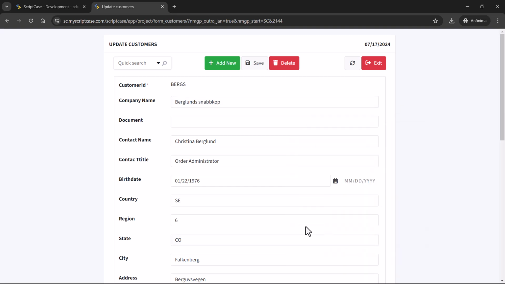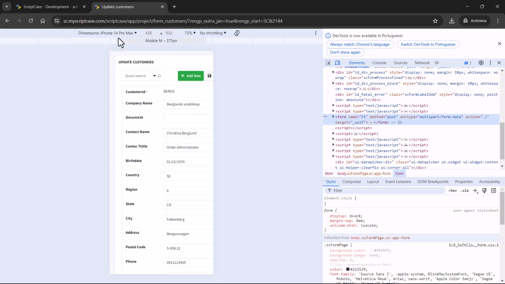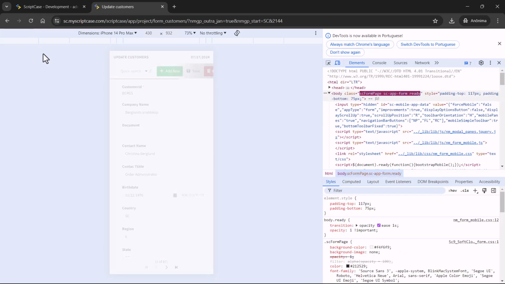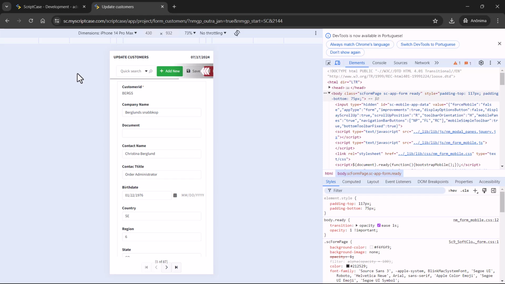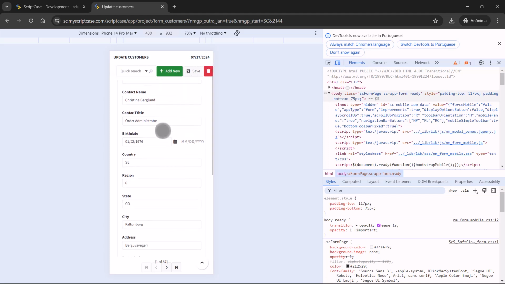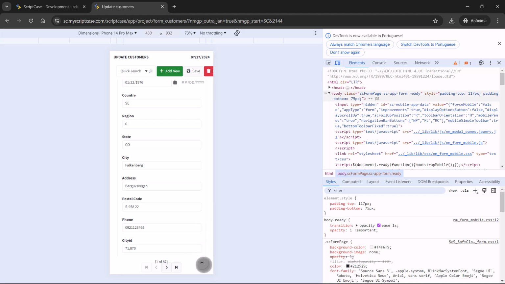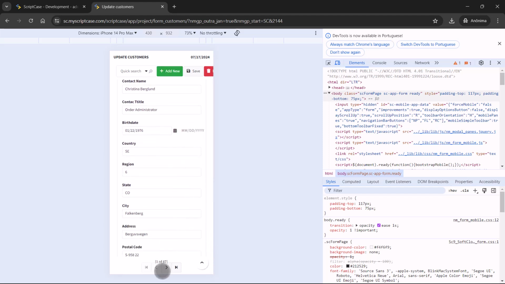inspect the browser here. I will choose the mobile iPhone, and then I will refresh to see how the application will behave within a mobile environment. So as we can see, we have the toolbar here. It's now adapted, so you have this scroll. It's a horizontal scrolling for you to access the buttons, and you also have this button for you to go back to the top, and you have the navigation.